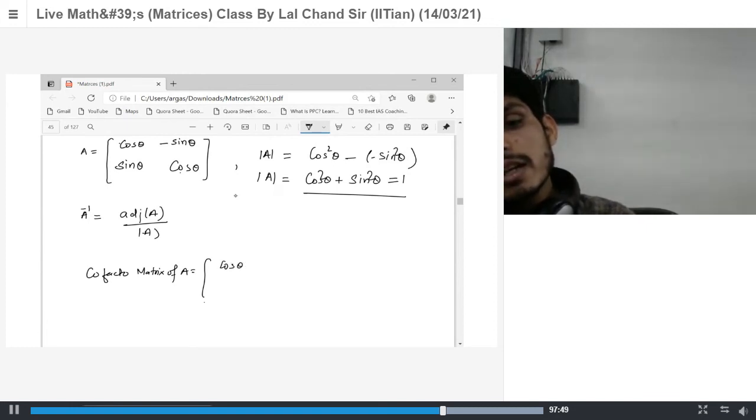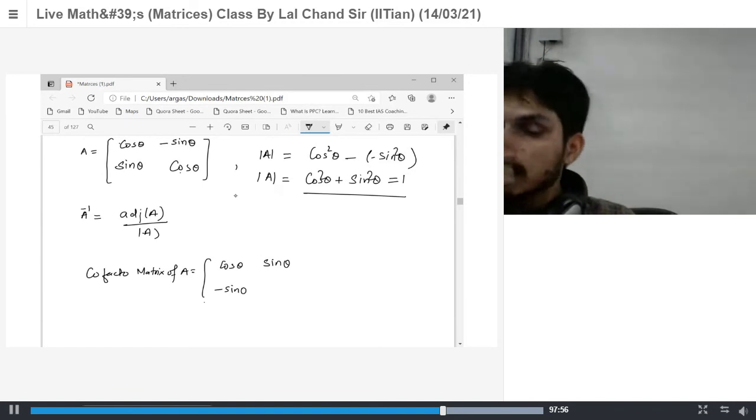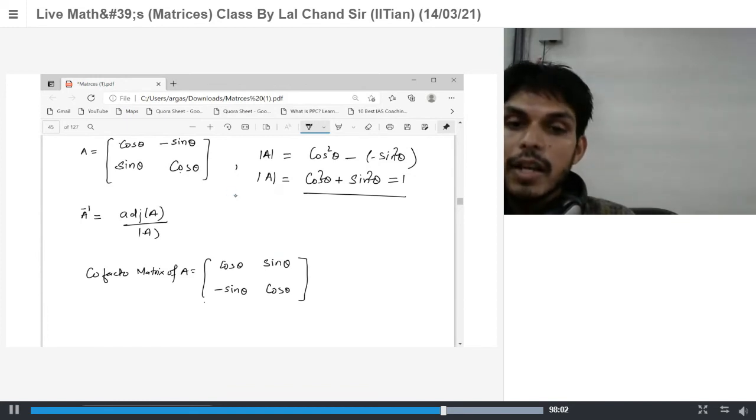For this element, I have sin theta. For this element, I have minus sin theta. And for this element, I have cos theta. So if I take the transpose of this,